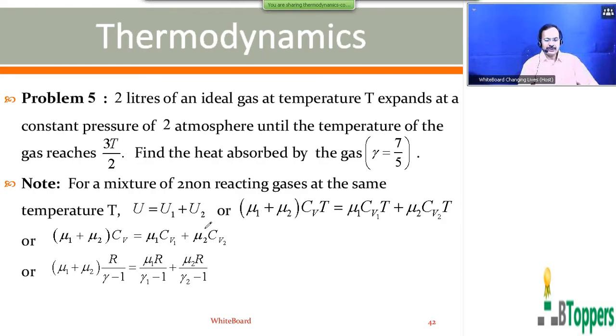So for the mixture of the two gases, the total internal energy can be written with the total number of moles, that is nu1 plus nu2, into CV for the mixture into T. Dividing by T, you get (nu1 plus nu2) into CV equal to nu1 into CV1 plus nu2 into CV2. So you can write CV1 equal to R by gamma 1 minus 1, CV2 equal to R by gamma 2 minus 1, CV equal to R by gamma minus 1. Those who are writing the notes, please take a pause and finish writing the notes up to here. I would like to show the next slide, that is the continuation to this.